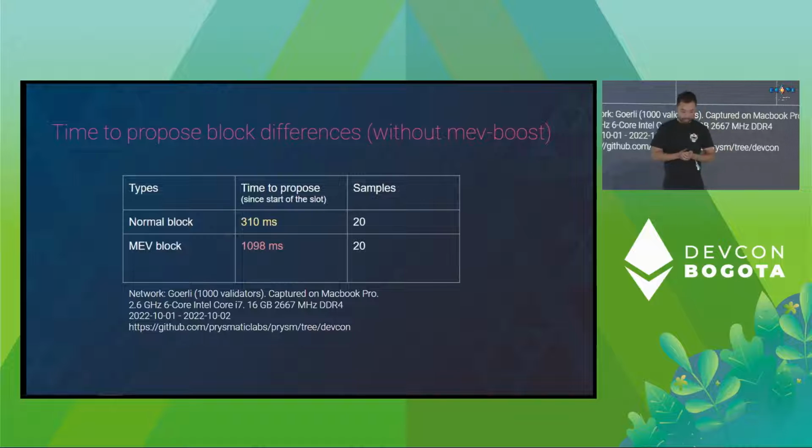And so I was able to capture some numbers. Unfortunately, I haven't been home for the last 2 weeks, so these numbers are slightly old. But on Goerli, with 1,000 validators, there are not many validators, but yeah, just 1,000 validators. Given it's Goerli, the network topology may be slightly different, but I hope we can get a picture here, right? Here, I'm not even using MEV-Boost. I'm just talking to the relay directly. It takes about 3 times slower to propose a block, given the additional latencies, right?